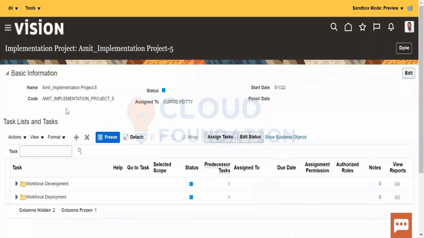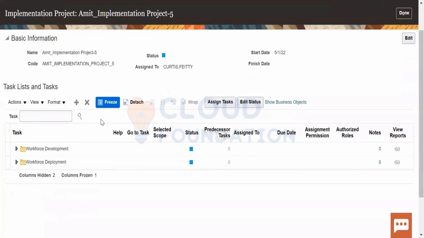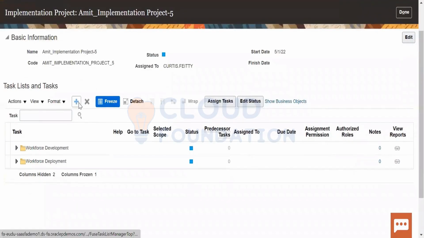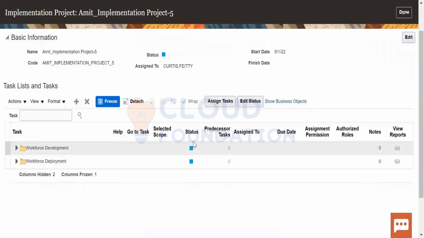What you have created and what is assigned to Curtis. I don't want others' parts. I have created this so that when the client asks, I will tell them this is my own implementation project. Now select and add. This is your implementation project, and scope is this one.